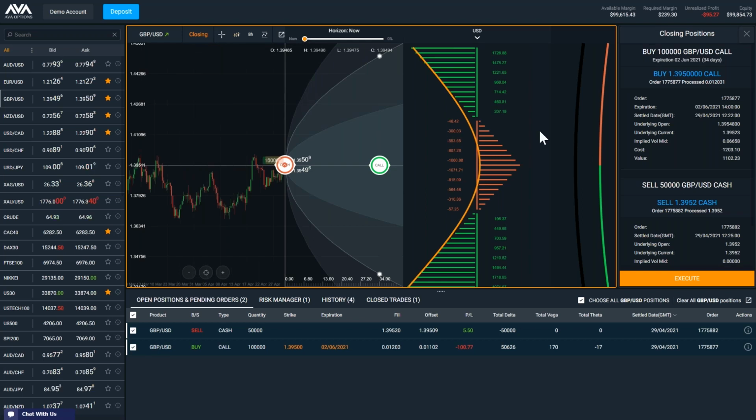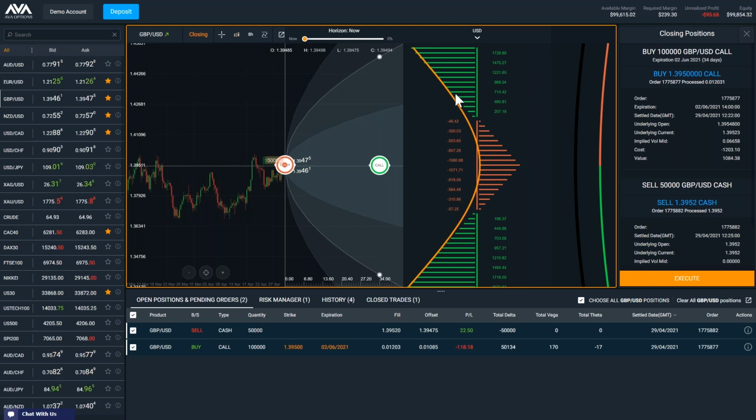We now have neutralized our risk in that the slope of the orange line is now 0. We're going to make money as the market moves higher. We're going to make money as the market goes lower because we're long an option. But as we profit from the option as the market moves higher, we're going to lose on the spot trade at the very local area. So we're very flat at the local area at the current price. If the market goes up or down 10 or 20 pips, there's not going to be much change in my